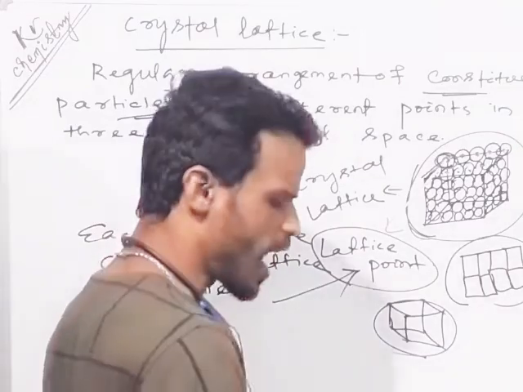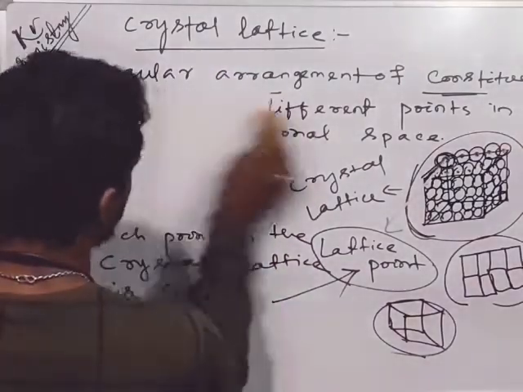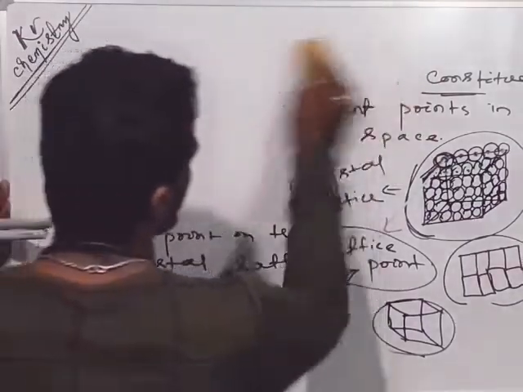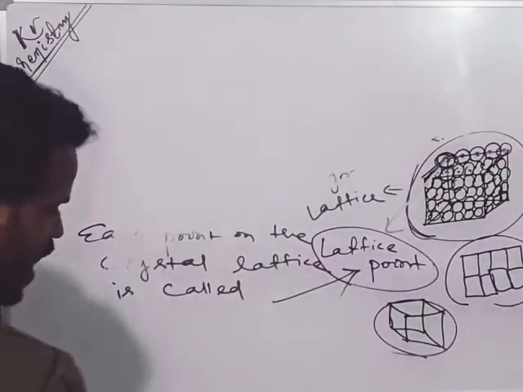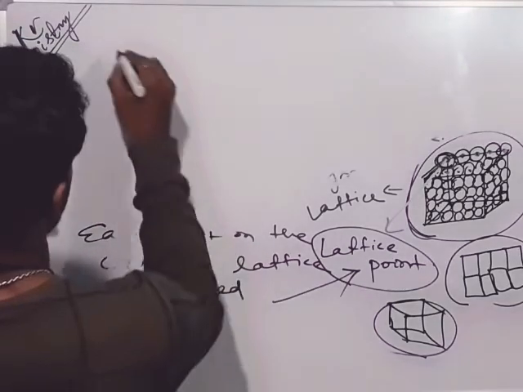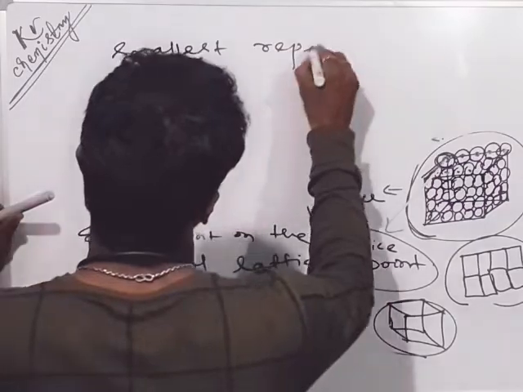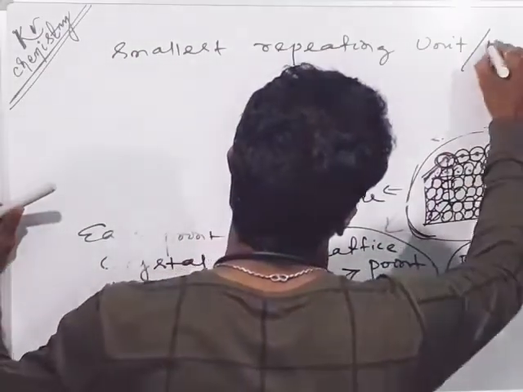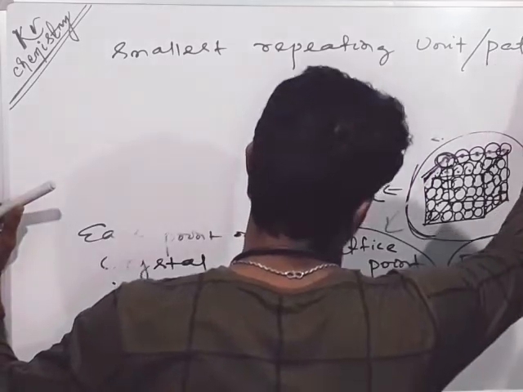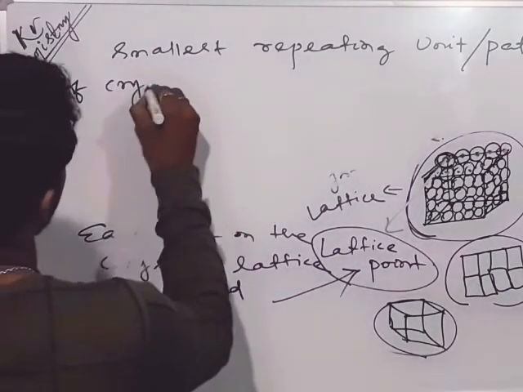Means we can write that it is the smallest repeating unit or pattern of a crystal lattice,